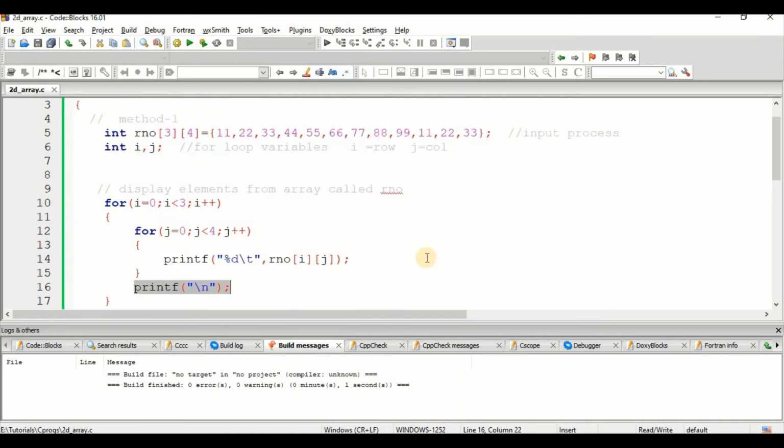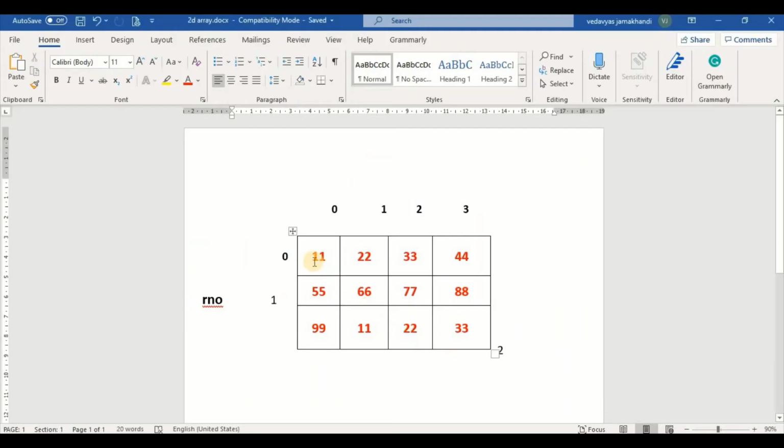So now we are going to trace the values. When I write the statement int rollnumber[3][4] and give the values, the data will get stored in memory this way. See here, this is the array name and it has 3 rows: row 0, row 1 and row 2. Again it has 4 columns: column 0, 1, 2, 3.